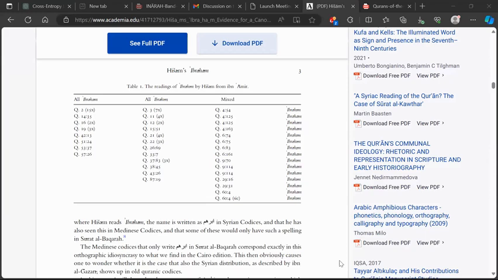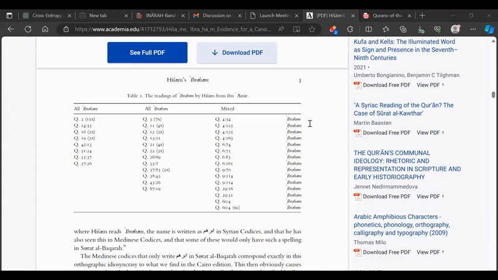Can I just ask? Is he basing his dating, we'll put aside the issue of carbon dating, solely on those 5 words? No, he's not. It's based on the writing style and other things like ornamentation. But in terms of orthography, he's just focusing on those 5 words as a tool. He uses it as a comparison.